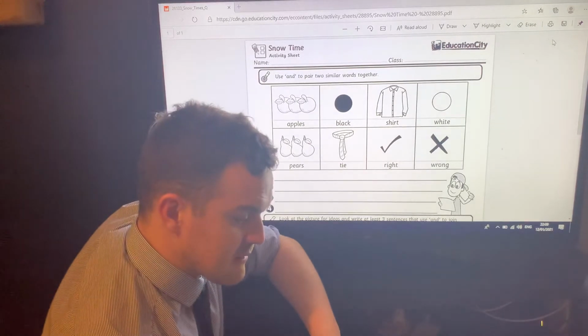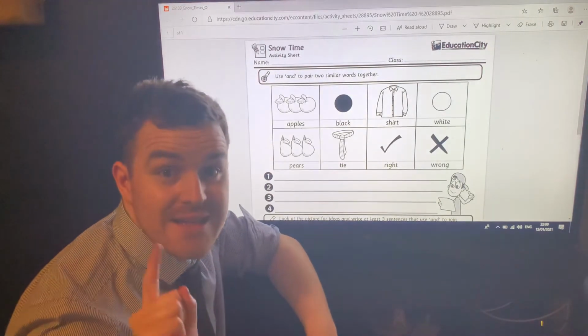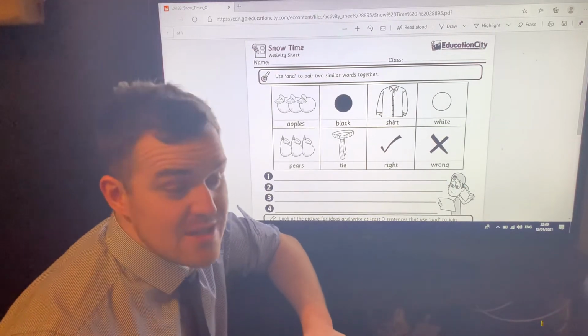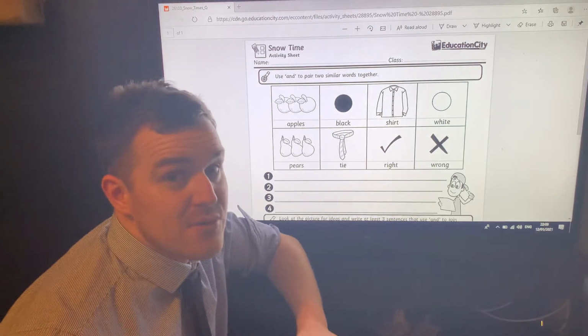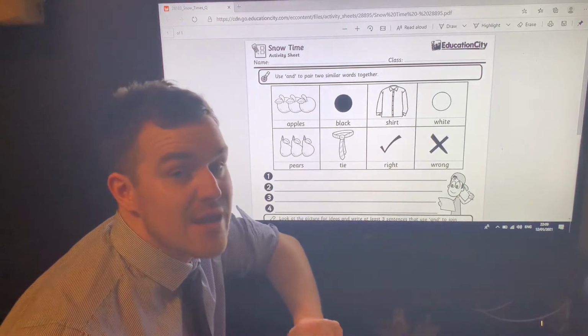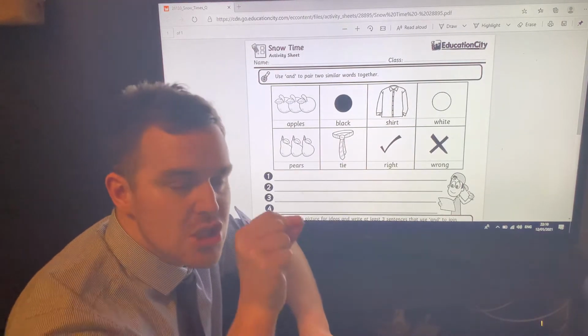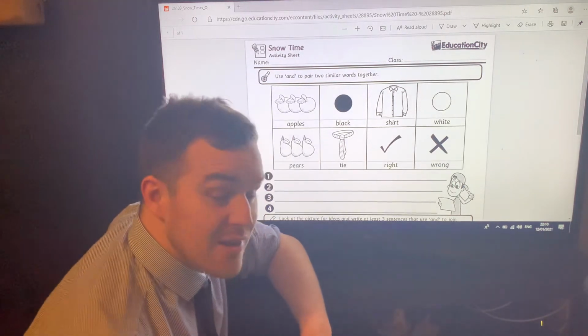Nice and easy. But it is nice and easy. But that doesn't mean I want you to take 5 minutes to do it. I want you to take your time. I want to make sure that everyone's still making sure that they're doing their neatest handwriting even though we're all at home. I know you're working really hard, but we need to slow down a little bit and be careful,